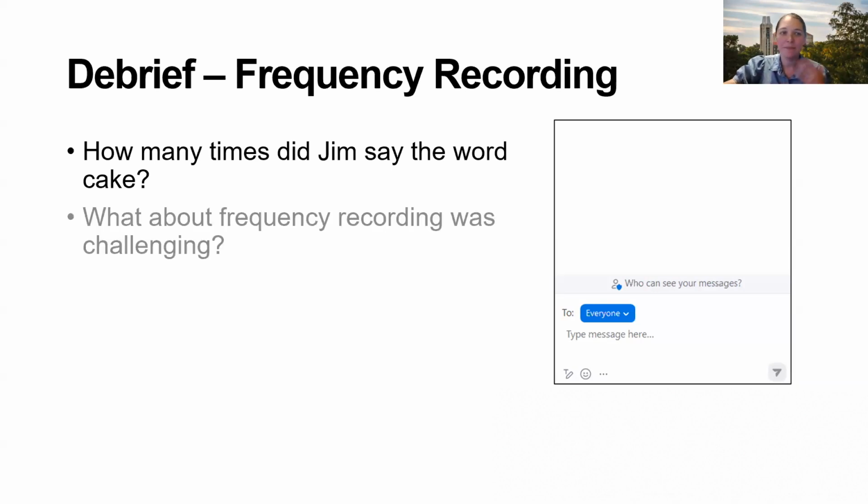And this is already coming up. What about that was challenging? I'm seeing in the chat, like, I didn't know if I should count cupcake or pancake, like, did those count? That is a perfect example of why we have those examples and non-examples in the definition. That's something we'd want to go and revise. We'd want to go back and say, okay, we're not counting cupcake or pancake, and we would put those in non-examples. This is a perfect example. Oh, see, plural and singular, I didn't even think about that. That's a great one. So like, that's the importance of having that really clear operational definition.